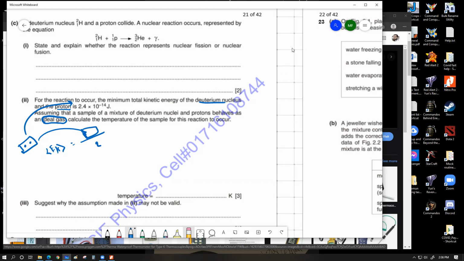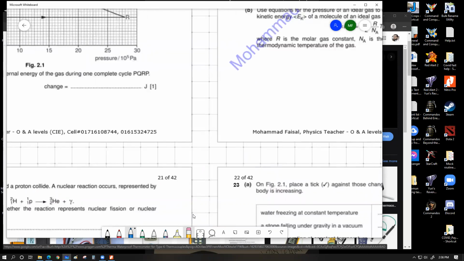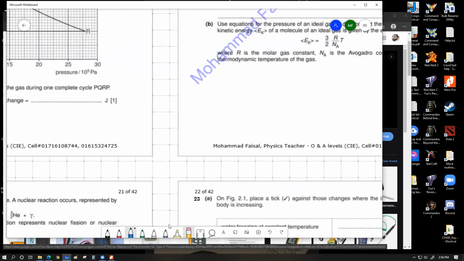This was the tricky part, that here we have to consider the deuterium nucleus and the proton to be identical particles, assuming they behave as an ideal gas, and divide the total kinetic energy of both of them simply by 2 to convert it into the kinetic energy of a single particle and go on from there. I always get this wrong, and I had forgotten again what to do,